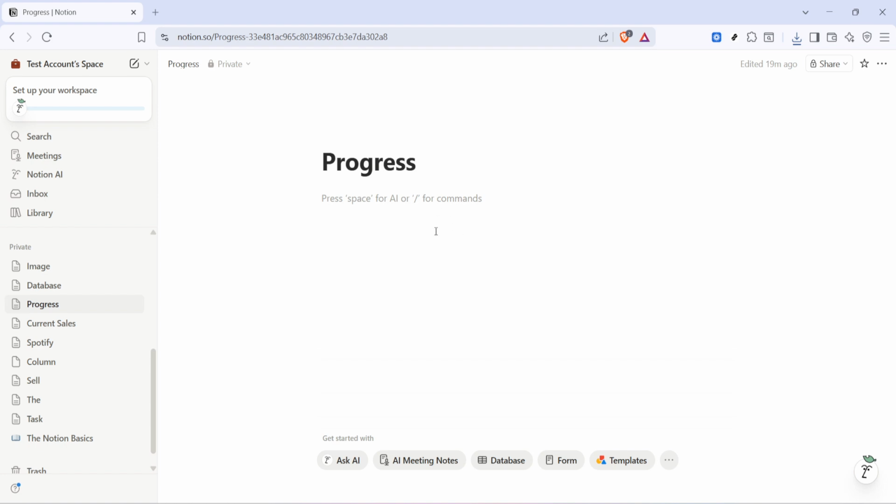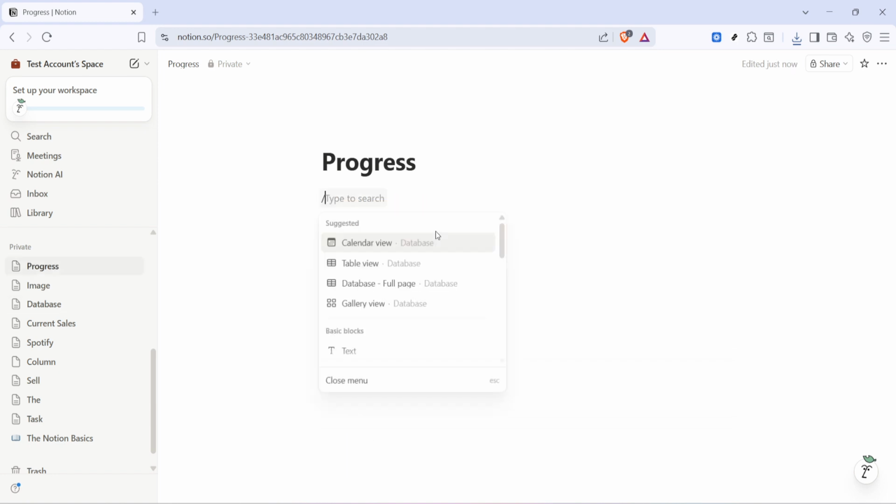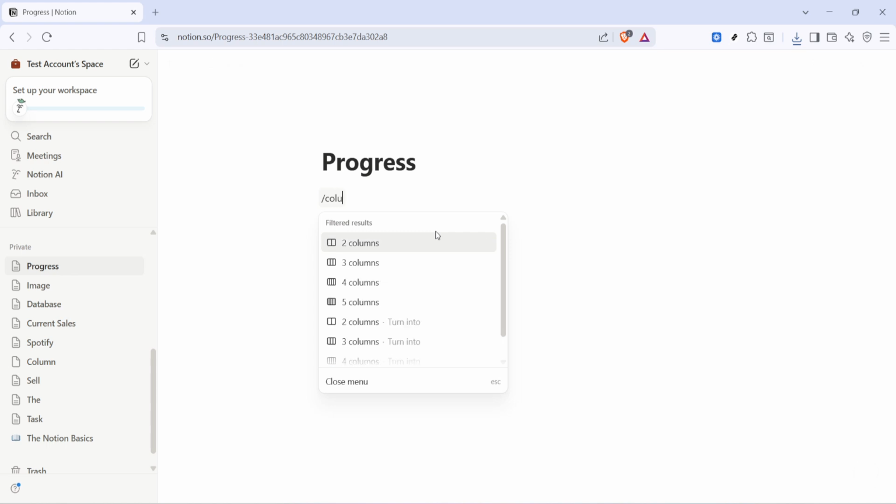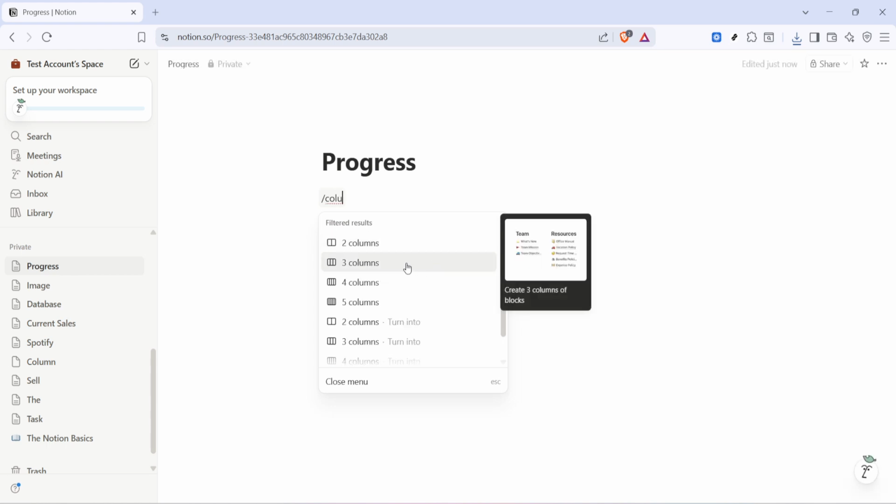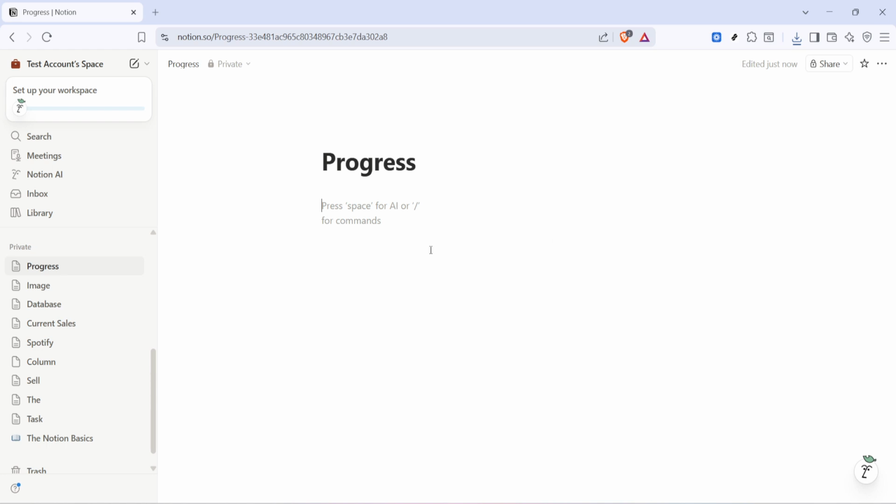Start by opening the page where you want your centered text to live. Click into the page so your cursor is active. Type the / key to open the block menu, then start typing column. From the suggestions, choose the option to create 3 columns. This instantly gives you a left, a center, and a right area to work with, which is the basis of